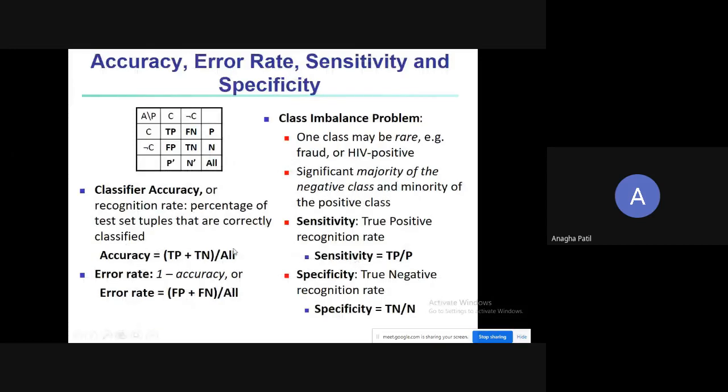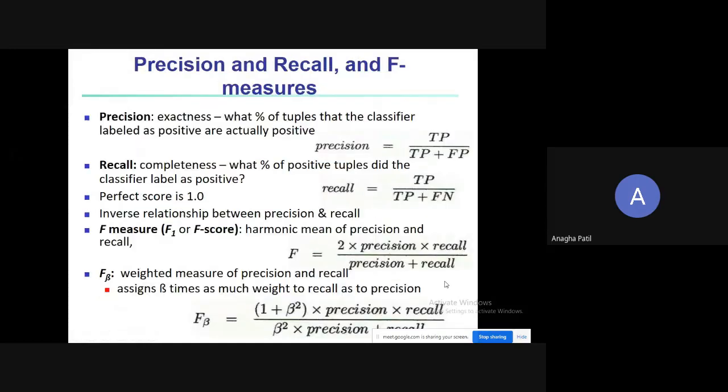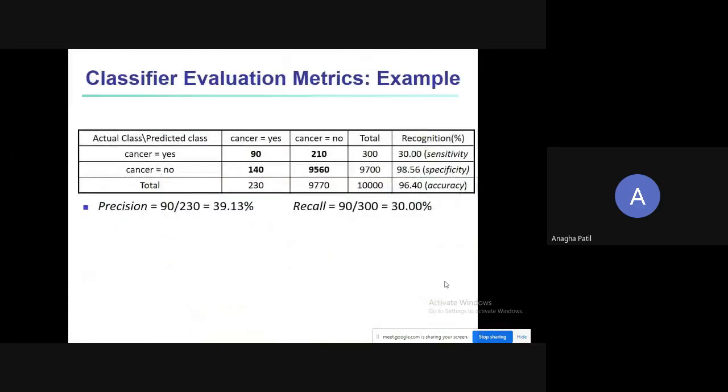The model or classifier with the higher accuracy is better. Like accuracy, there are various measures which can be used to evaluate, such as sensitivity, specificity, and so on. Various examples are given here for precision, recall, and so on.